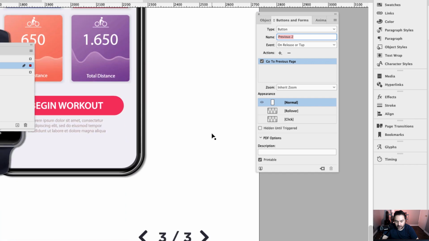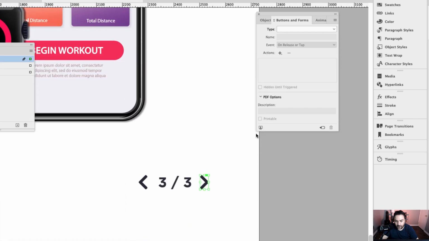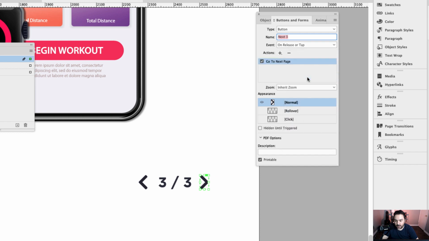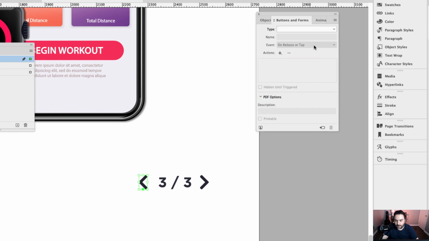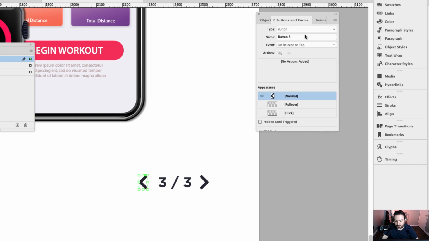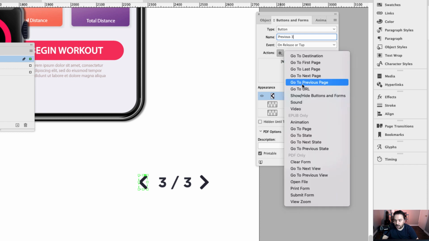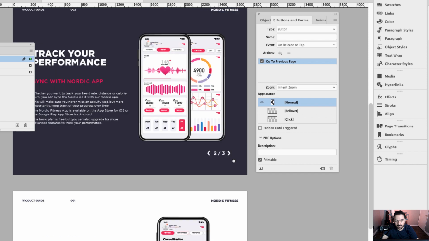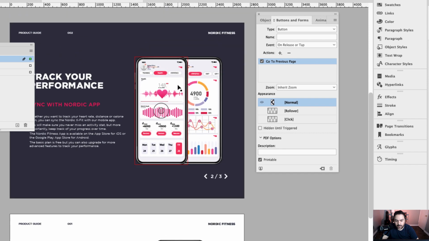And finally, let's go to that last page. Select the right hand next button and let's change that to next 3 with a go to next page action. And then you have 1 left. Click the type, select button, and this will be previous 3 with an action of go to previous page. Perfect. So now all the buttons on these 3 pages are set, but we still want to add some animation